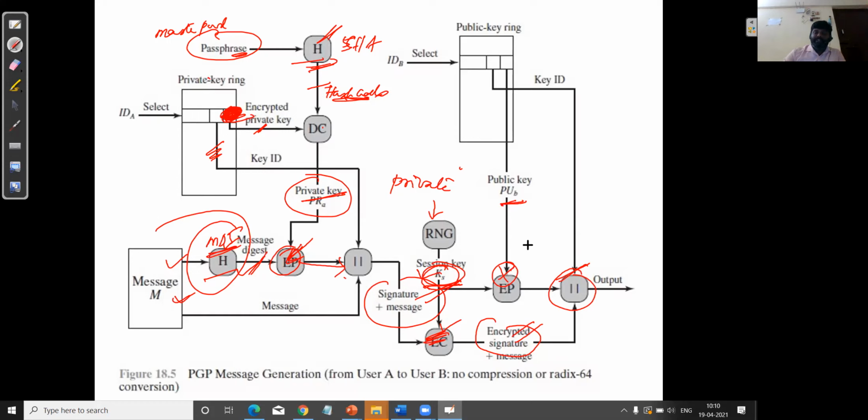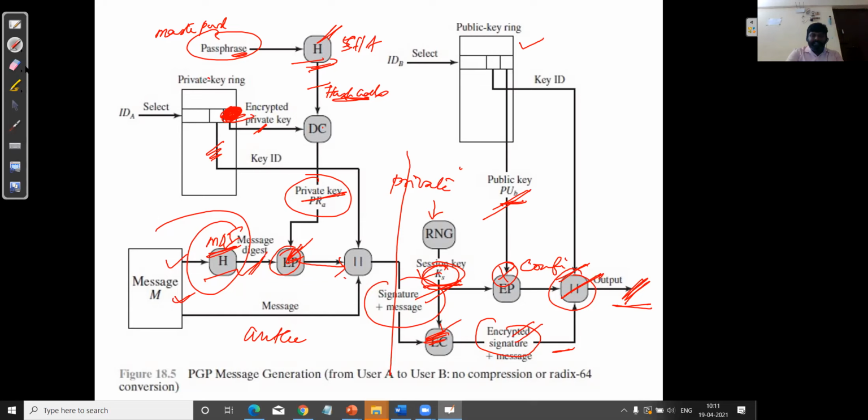So this is only for sending. This is for authentication, this is for confidentiality. Here this is the B ring, so this is one time encryption. Now this is the second round of encryption, where the entire information will be encrypted again using the receiver's public key, right? After that, whatever output we produced will be transferred to the receiver, right? So the complete reverse operation will be carried out at the receiver end.